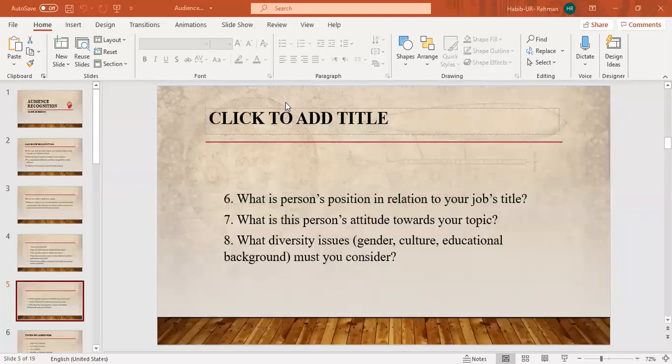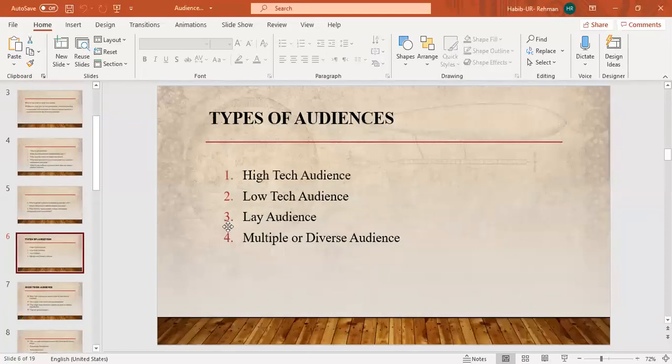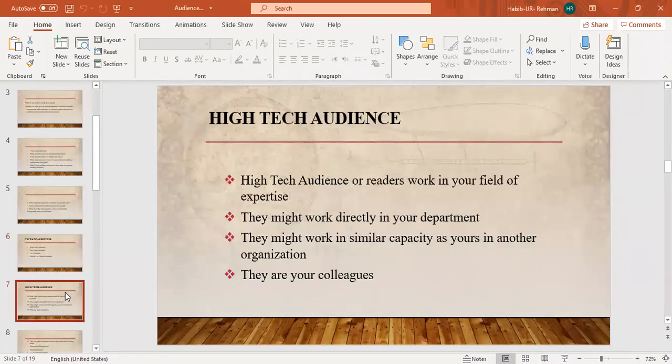Then comes that there are four types of audiences: high tech audience, low tech audience, lay audience, and multiple audience. So let's explore them one by one. First one is high tech audience. High tech audience mean